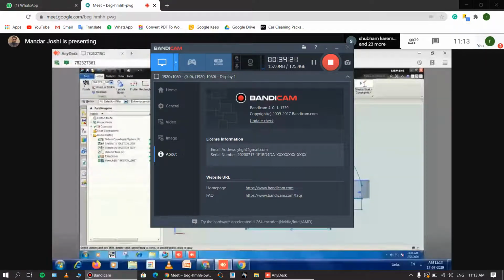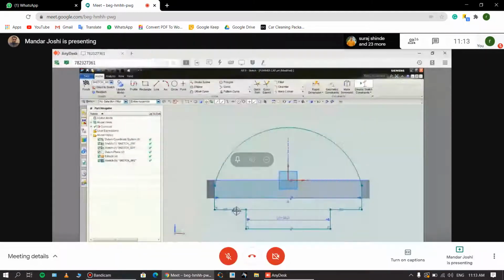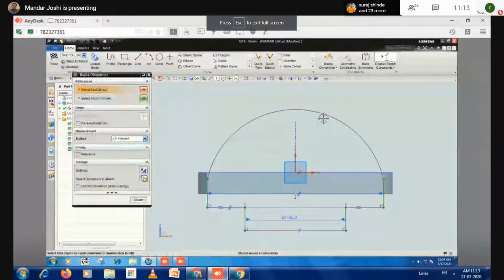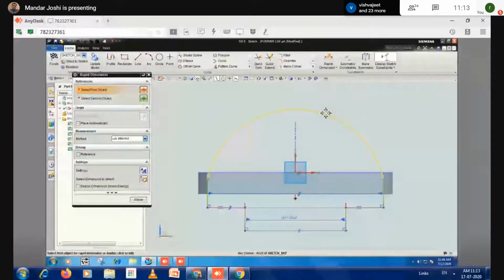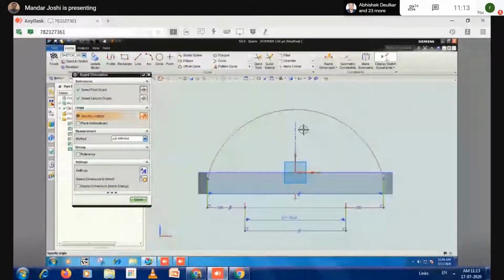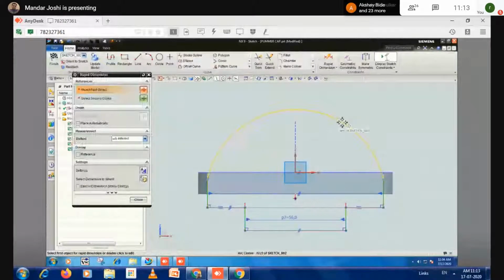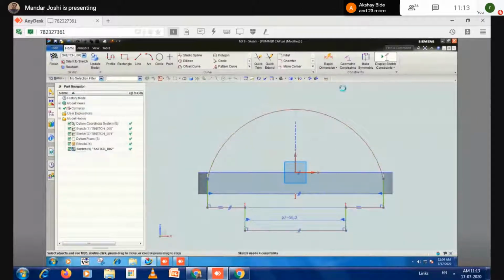Okay. Now define that radius. What happened? Rapid dimension. Radius. My radius is not taken here.